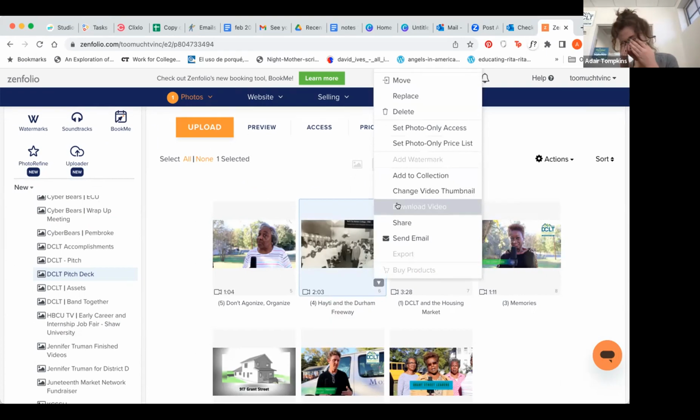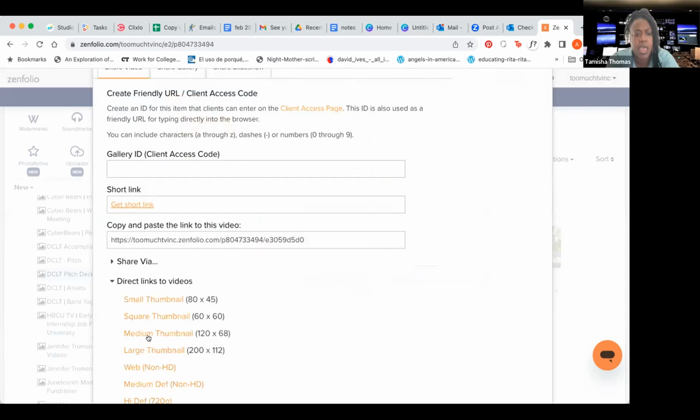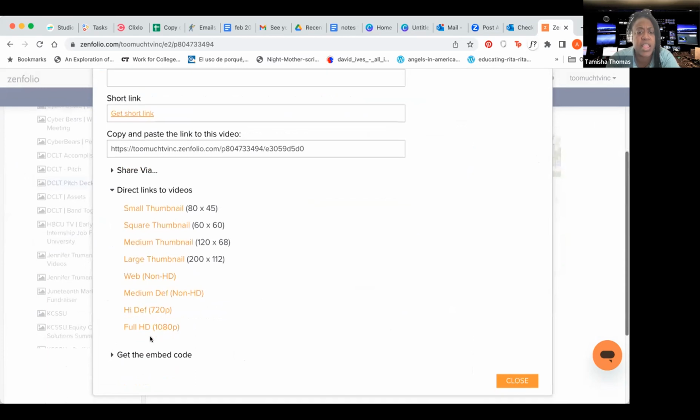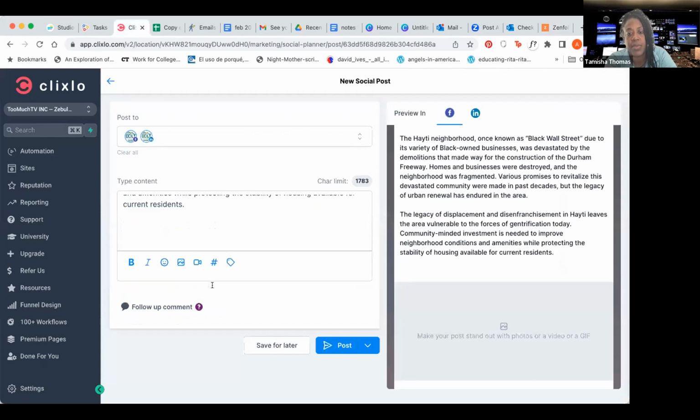Now for this, should I download the video and put it in natively? No, you can share. You can hit the share button. And then you copy the link. The short link or the direct link? I usually just do, you want to do that link for this platform. Different platforms take different links. And then put it above the